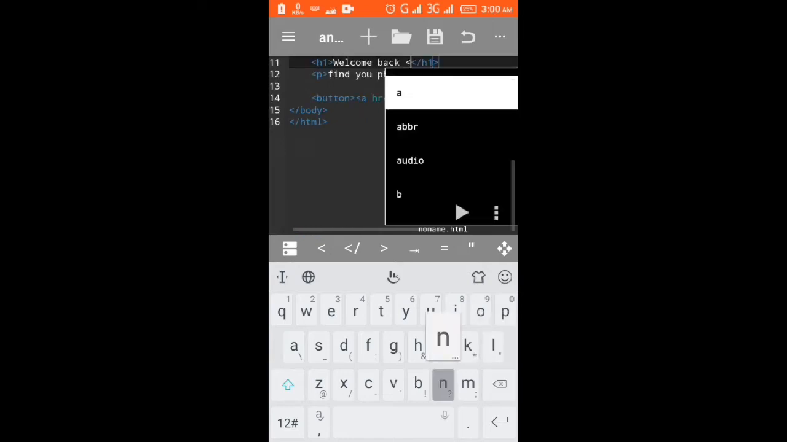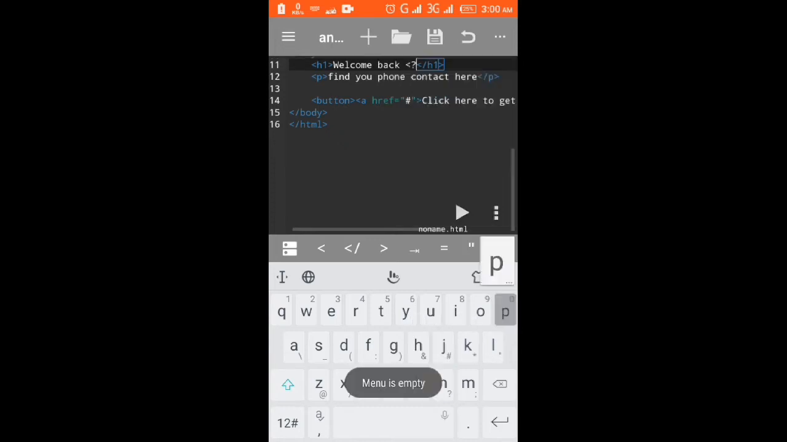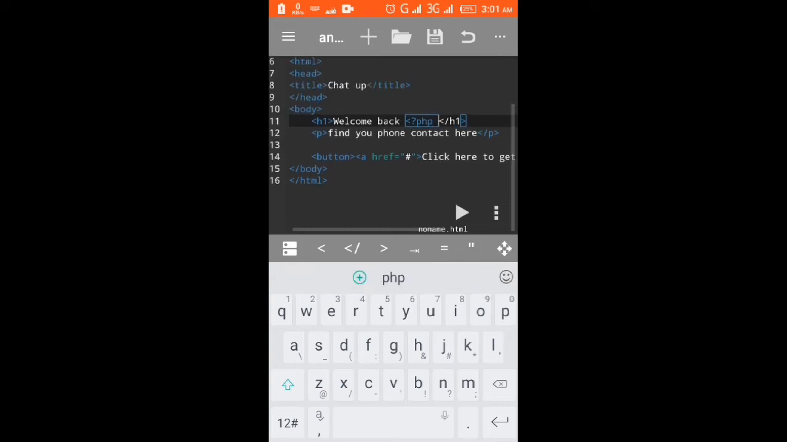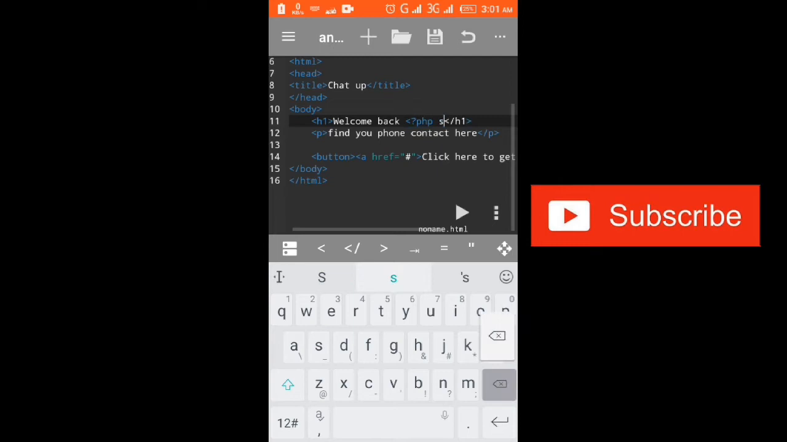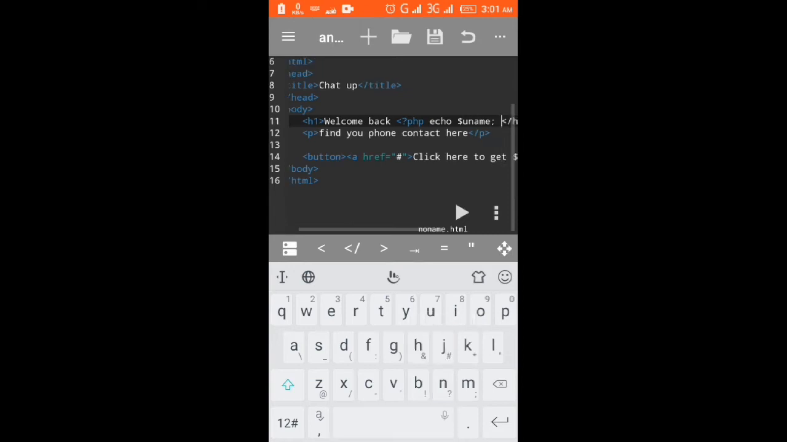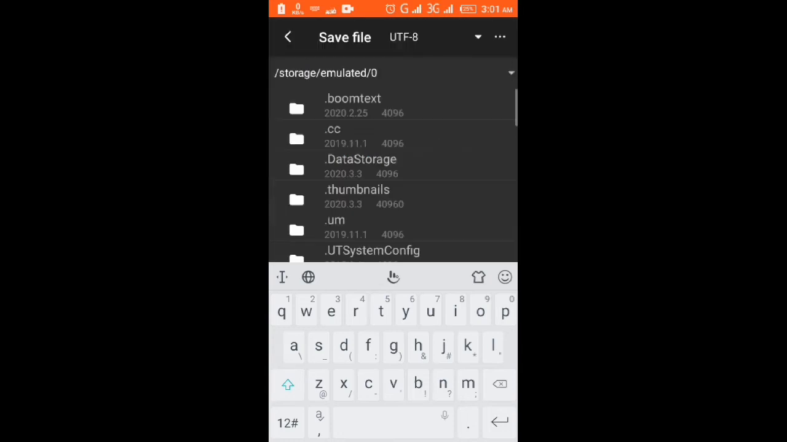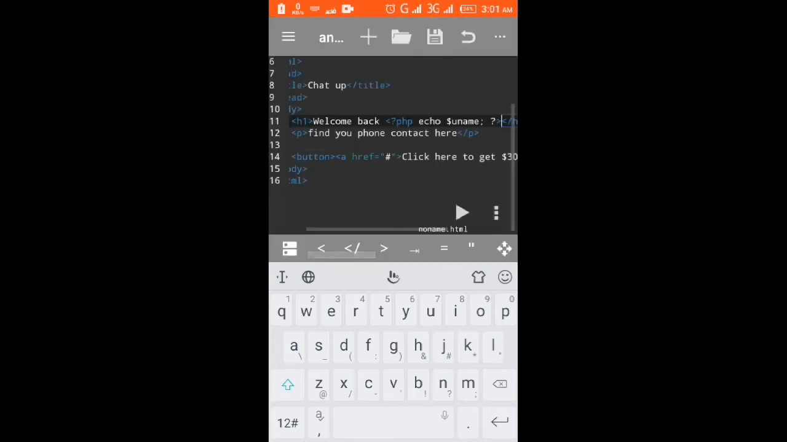So I'll create the PHP environment and then echo the username variable, and then close. Okay, now I can, no, but before I save, let me update the href of the ad,